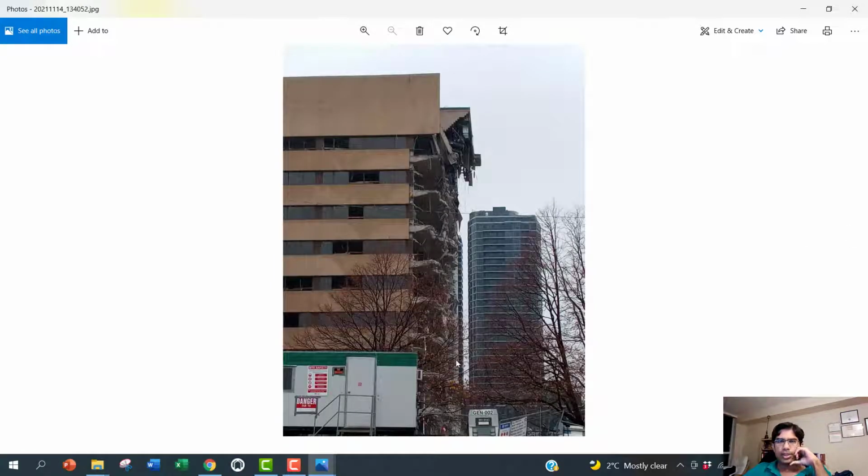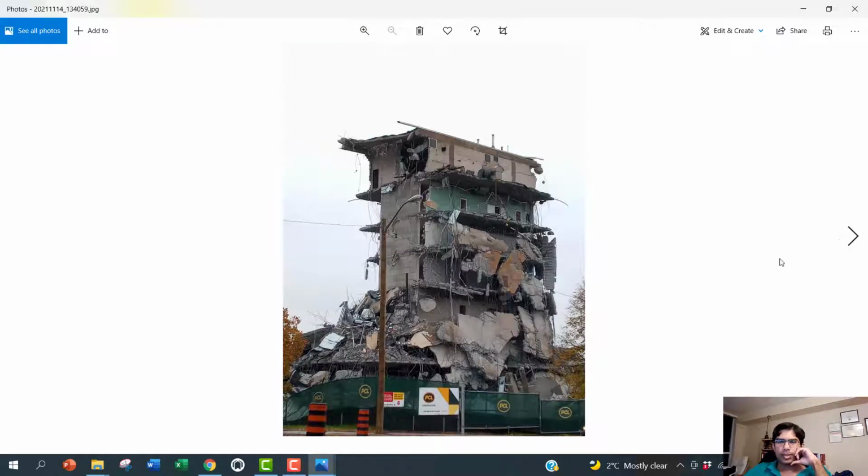They started the demolition from one side, and then they'll move to the next. And this building is also almost done from two sides. As you see from the rubble, this is the original dimension of the building, and this part is already demolished, and they're now very close to being done.